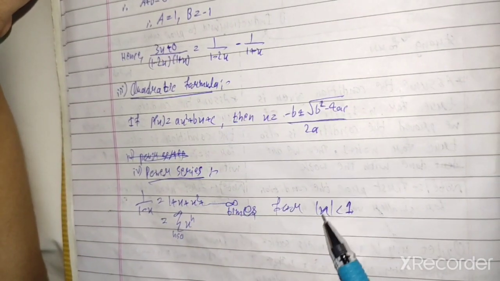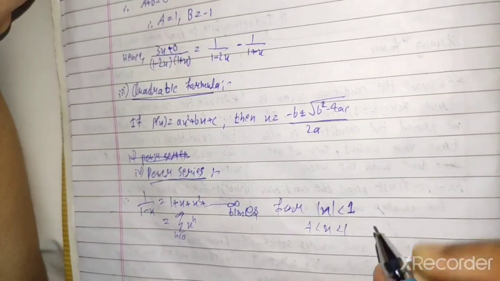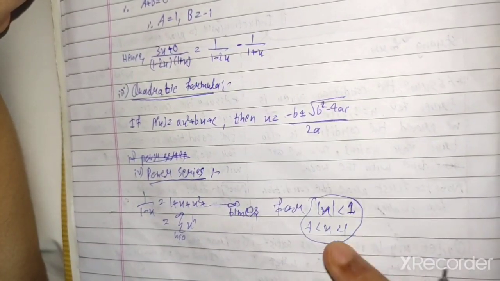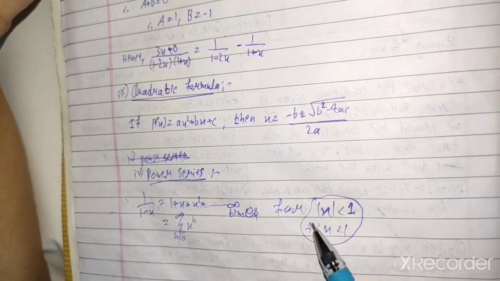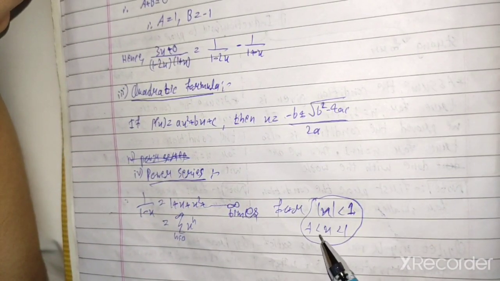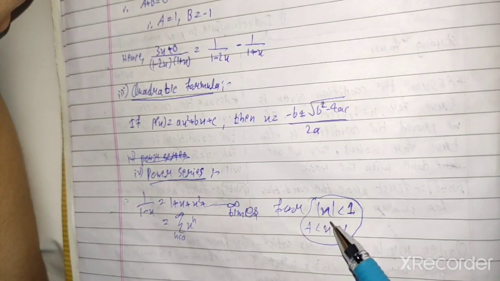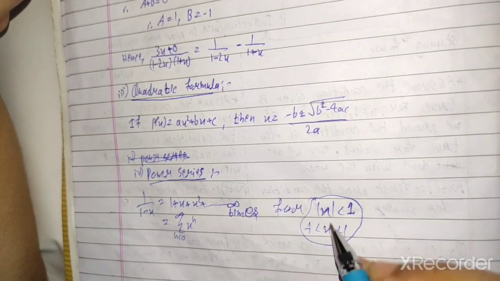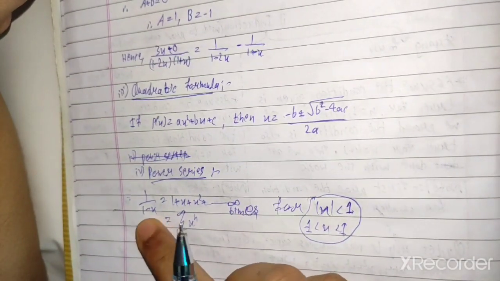And where mod x is less than 1, that is, x greater than -1 and less than 1, this is the main condition for it to happen. That is, if we are given this, then we can vice versa say it is true for values of x in this interval, x greater than -1 and x less than 1; this expansion is valid. Okay,